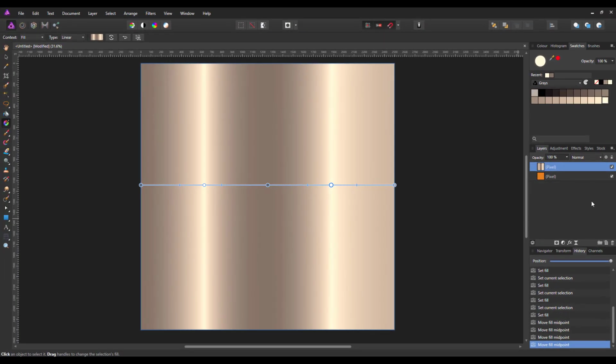So if I come off of this tool now, you can see that sort of gradient going from grey into white, into darker grey, back into white and back over to grey again. Now what I will do, just for sake of remembering which one is which, I'm going to rename this one linear. You don't have to rename them, it doesn't really matter at this point, but this is just for my personal